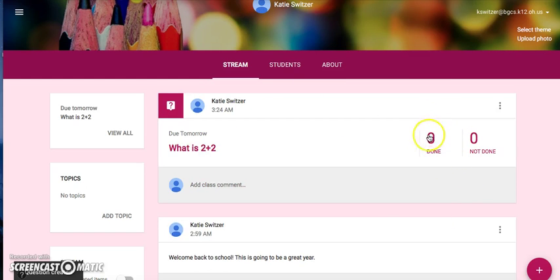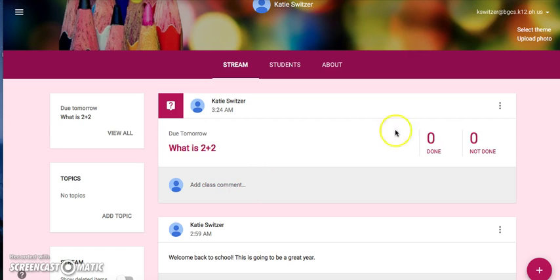Over here, it will say how many of your students are done, which is kind of nice for the teacher to be able to see who has finished their work and who still is not done, and that will be indicated over here who is not done. You can add any class comments in this portion right here that your students will be able to see. Maybe you want to add an extra reminder, or give a more specific direction that wasn't originally in the question